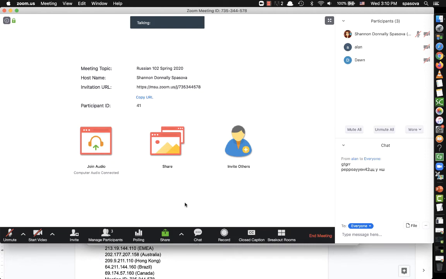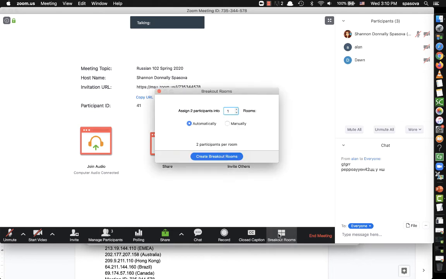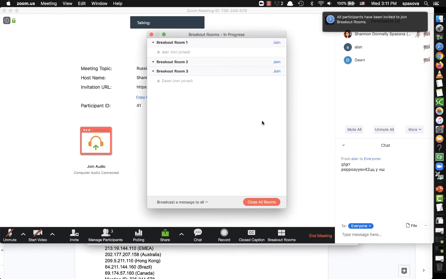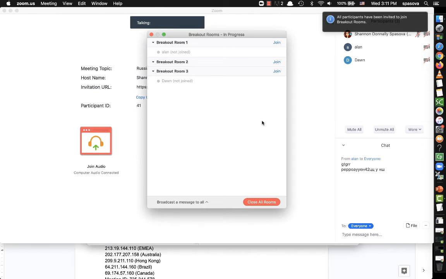I also want to show you how you can make breakout rooms. If I click here, then it will allow you to put students into small groups. I only have two participants, so it's suggesting that I put them into one room. But if you had more participants, you would be able to choose how many rooms and how many people per room, and then whether you want it to automatically assign who goes into the room or whether you want to manually assign who goes into the room. So then when I create breakout rooms, I have to click Open All Rooms, and then it asks the people